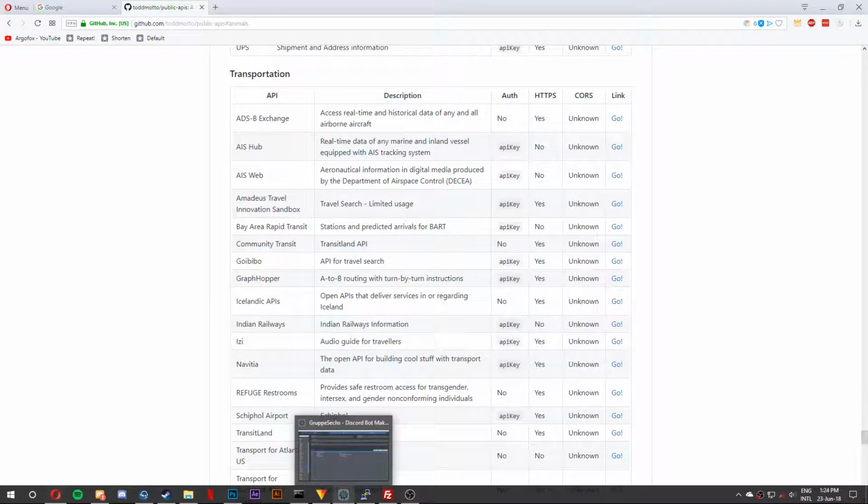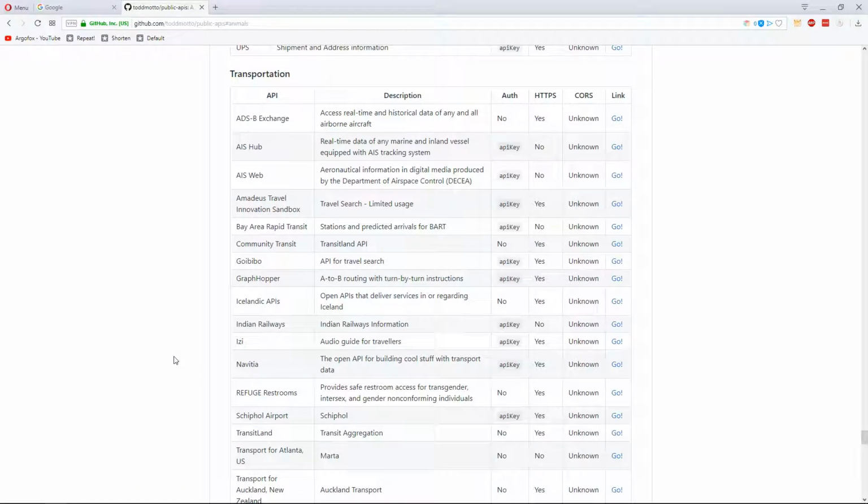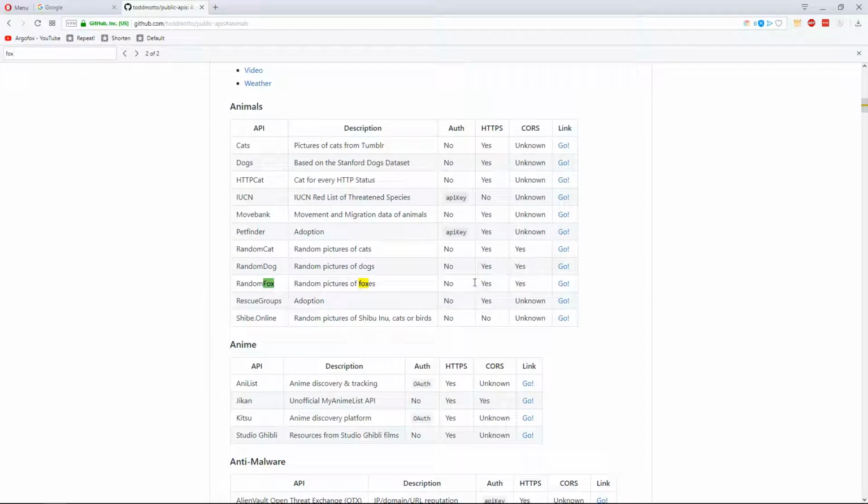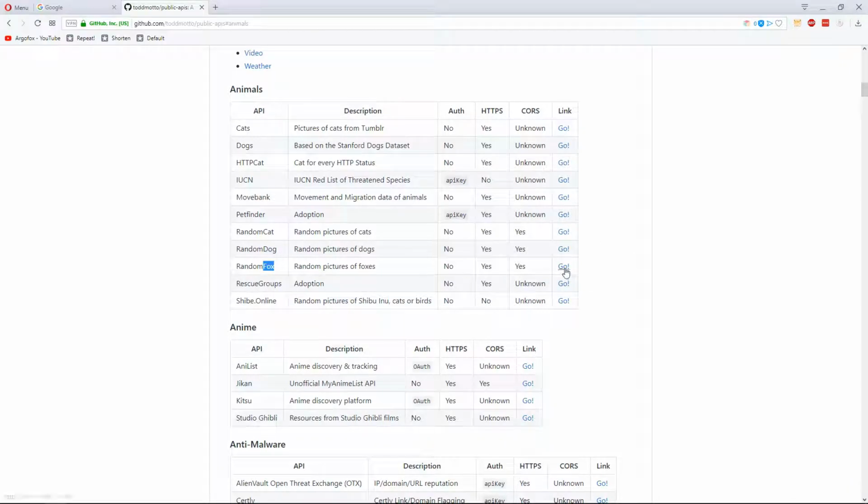So if you ever need an API, just go here. Don't ask in support, don't ask in raw data, don't ask in request raw data. Go here, press Ctrl+F, and let's say I want a fox thing. All right, let's see. Oh, look at that. There's a random fox thing. Let's go to the link. Boom, there you go. So now that we have a random fox,